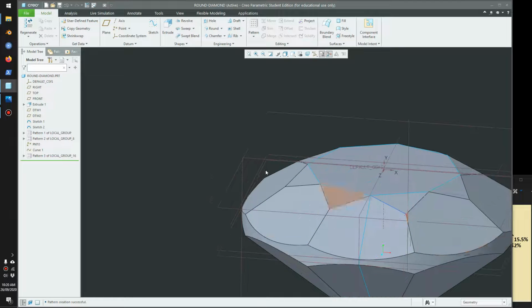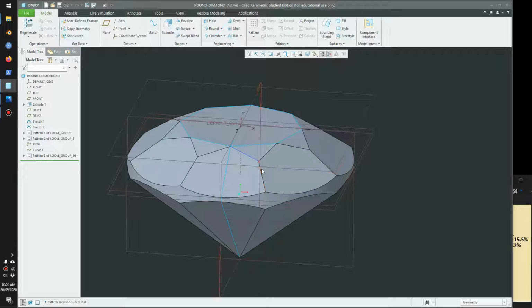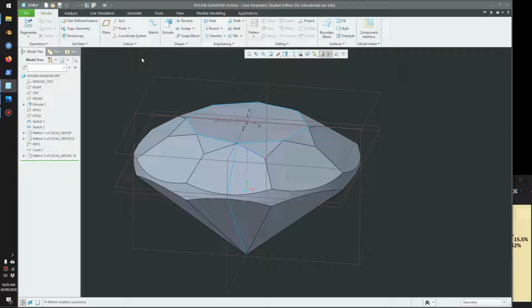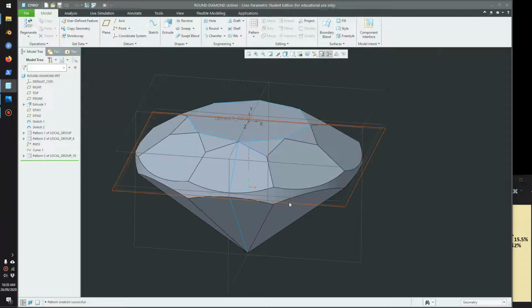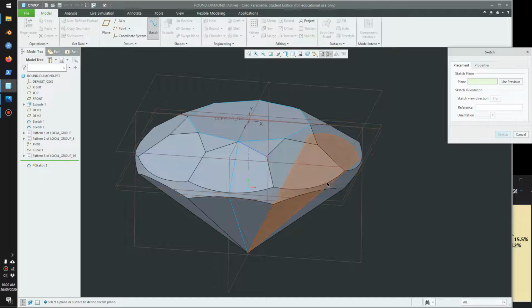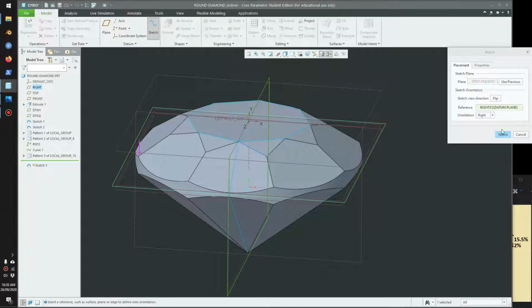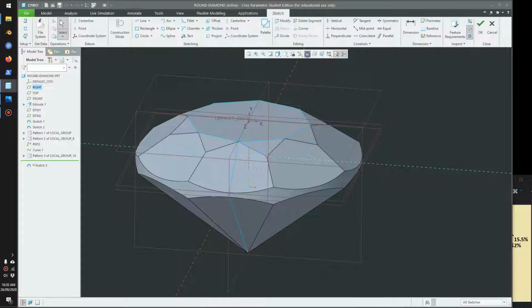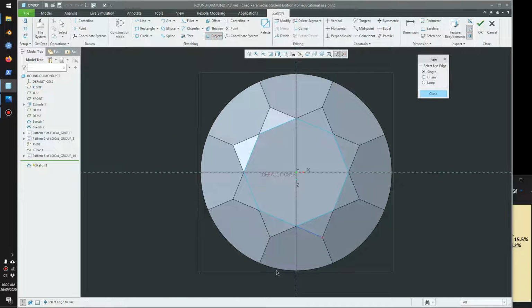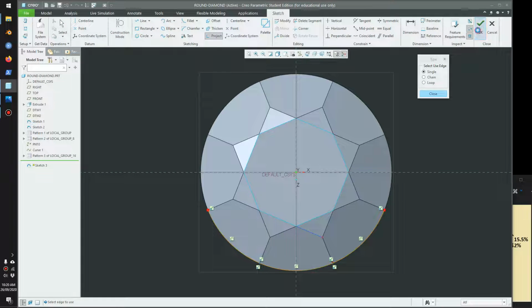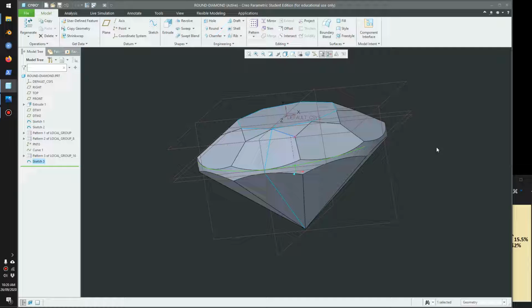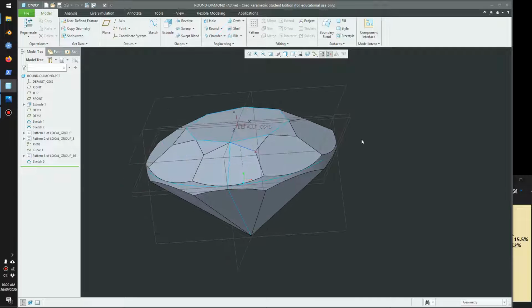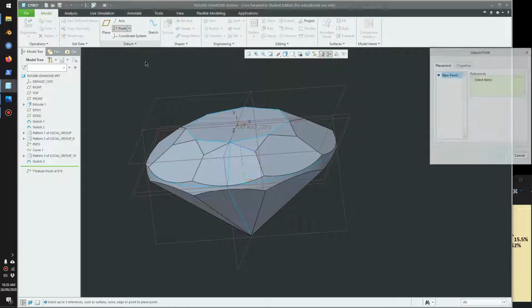Okay, now we're going to do a cut around here. Okay, to do that we need to draw in a line around the outside. So I'll make a sketch, and I'll project these segments here. Okay, so I have that. Alright, now we'll place a datum point here,